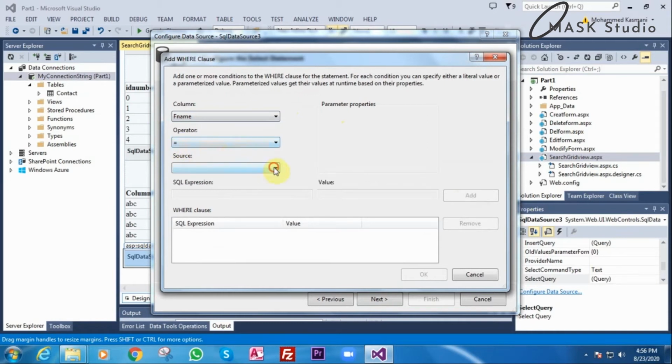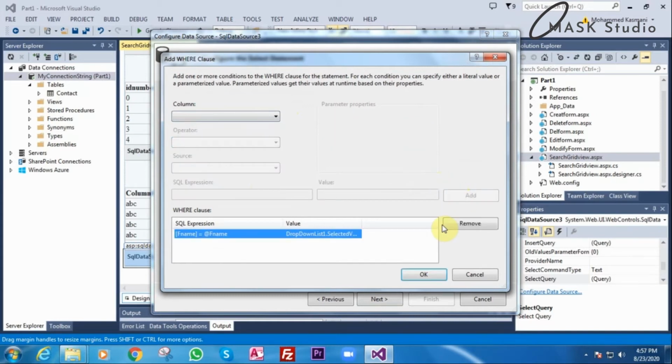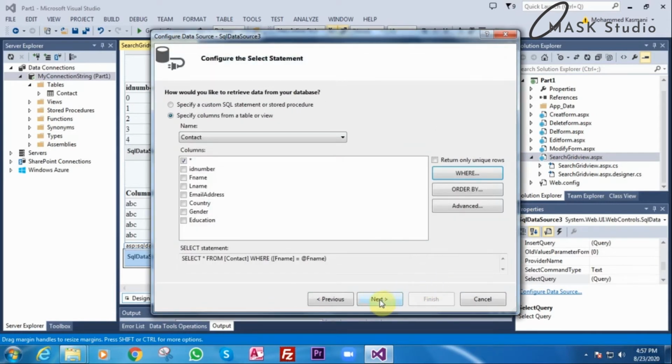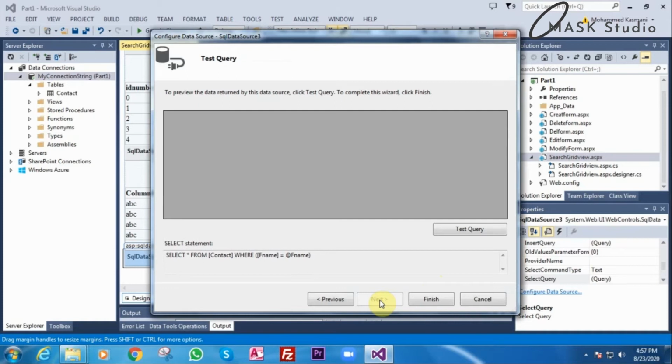What is equal to? The source is what? Control. What is the control name? Drop down list 1. And I say add. I say OK. Next. And finish.